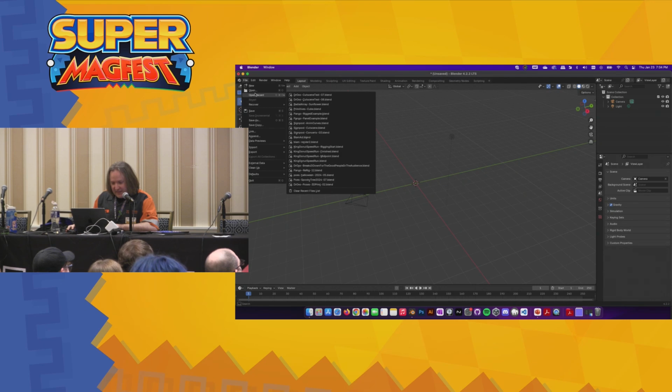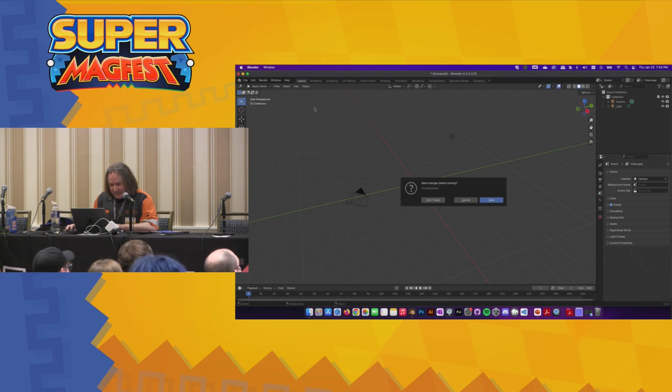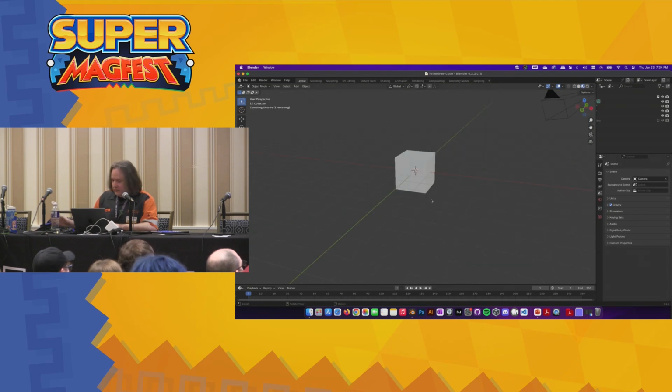And all right, so yeah, no, believe me, I'm as unhappy about it as you are. And actually, you know what? I have a scene set up for this, so we'll start from my scene that's just got a couple more things prepared. So spinning wheel, that's a good sign. Okay, so here's our same scene, default cube, all of that. Spinning wheel is also a good sign. I'll say I don't normally work off of a laptop or this laptop, so I'm hoping all of this behaves itself.